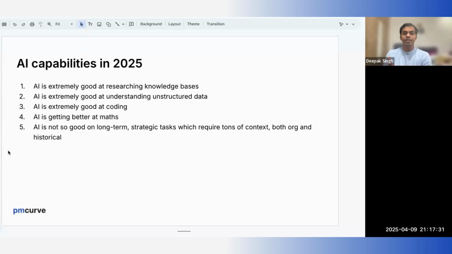And the fifth thing that you need to understand is the limitation. AI is not so good on long-term strategic tasks because they require a lot of reasoning, a lot of context, and context not just in terms of the org context, it also requires context of competition, context of resources and everything, right? AI is not very good at long-term strategic tasks because as you increase the context window of AI,